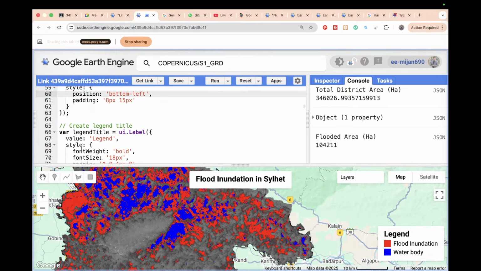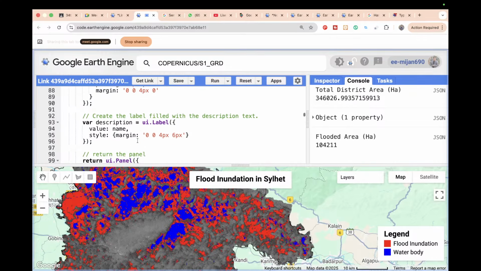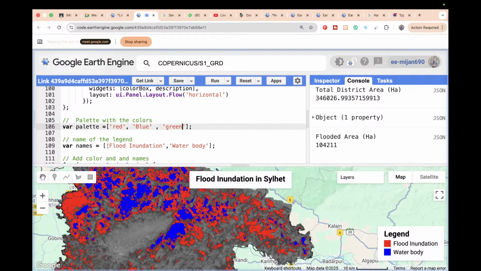And then you can check this, it shows the legend title. So you can put any title in here or change the title. In my legend just only have the 2 color and 2 name. So if you check red and blue, so simply you can also have another legend. Suppose I put another color, suppose the color name is green. Okay, suppose first flood annotation show the red color, water body show the blue color, suppose green color it show another, suppose anyone, suppose I put here